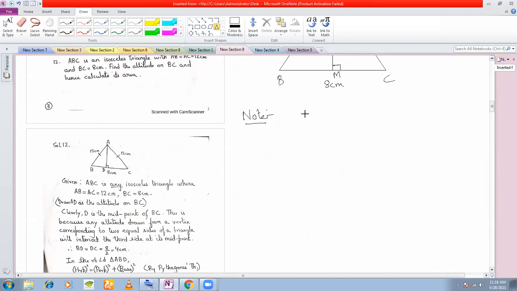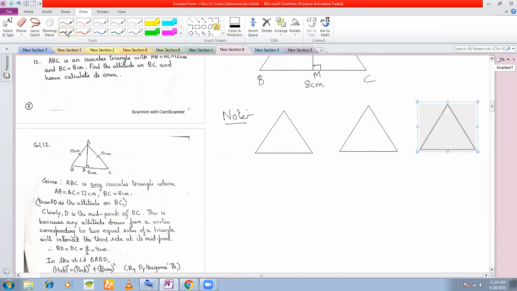See, whenever you are given an isosceles triangle, let us consider 3 cases. Say these 3. In the first triangle, suppose these two sides are given to be equal. This is an isosceles triangle. In the second case, say these two sides are given to be equal. And say in the third case, these two sides are given to be equal, right? Then what will happen is that if I draw an altitude from A, see that the vertex A here is the point of intersection of two equal sides, right?